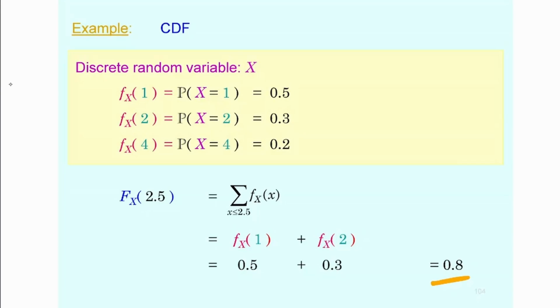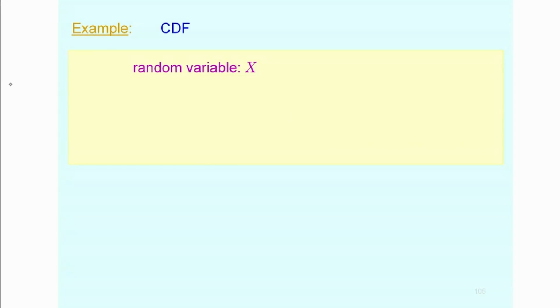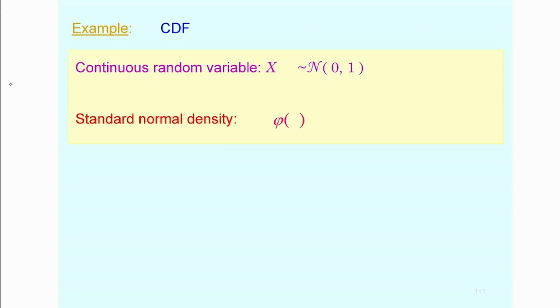Okay, I think everybody has seen this before. I assume that this is nothing new, and I'm not going to waste your time on that any longer. Let's say you have a continuous random variable, for example, a standard normal random variable. Now, the density function of the standard normal distribution is usually denoted by phi, but not necessarily. You can call it f or something.